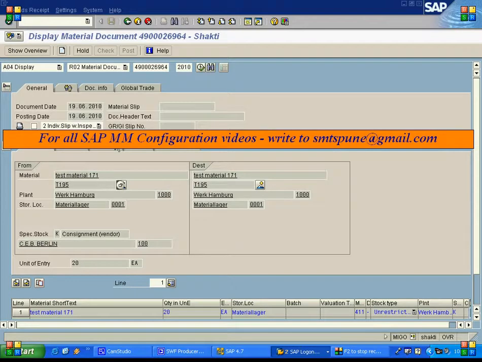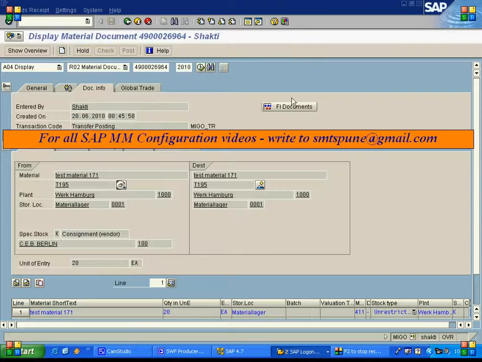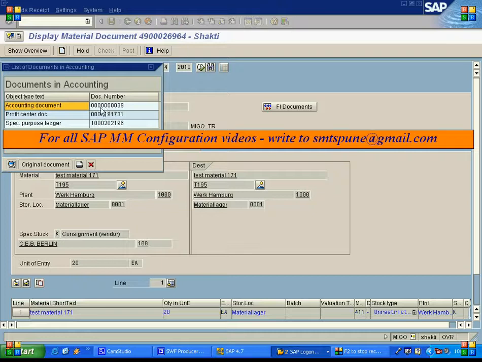And now if you check the accounting document here, if I go to the document info, FI documents, so accounting document is generated, and you can double click and check that. So account posting happens when you pull from the consignment to own. Okay,